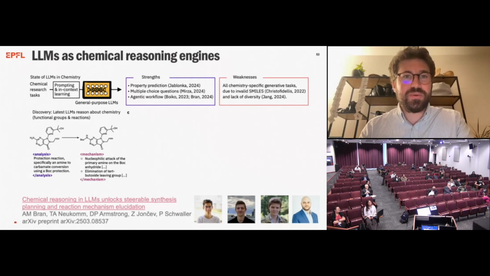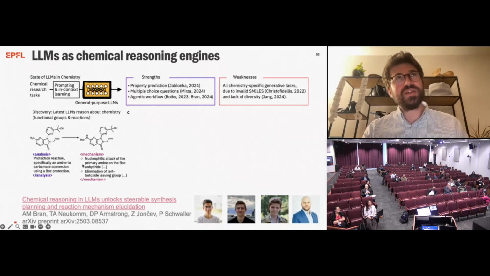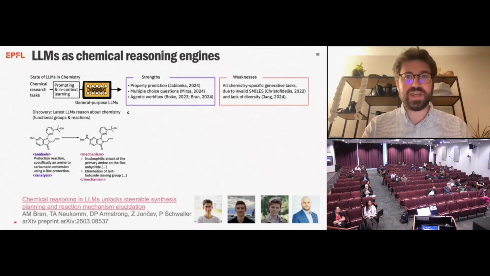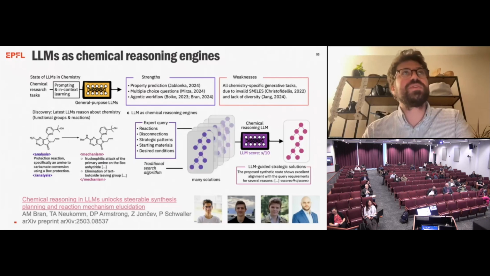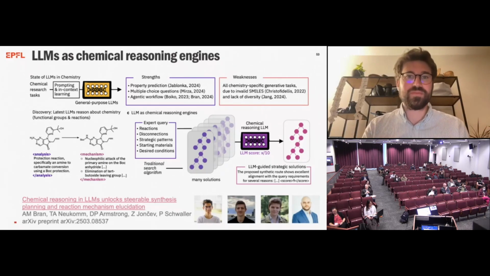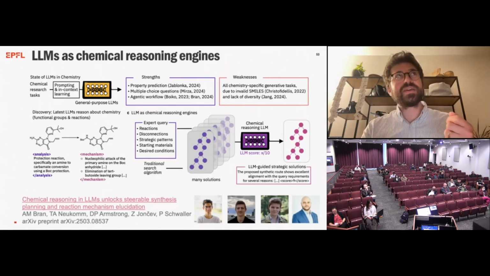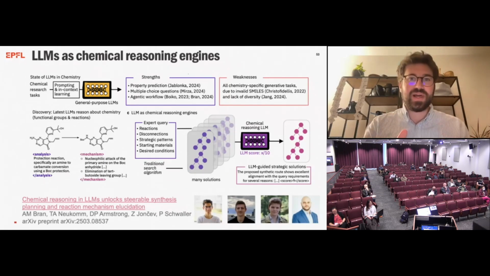And what we've realized quickly is that if you show large language models chemical reactions described as SMILES, for example, they are very good at analyzing what is actually happening in the chemical reaction. They're just not very good at generating the whole SMILES. So we use that to our advantage, and we use more traditional search algorithms to come up with plenty of diverse solutions, for example, for synthesis paths, and then used this natural language interface